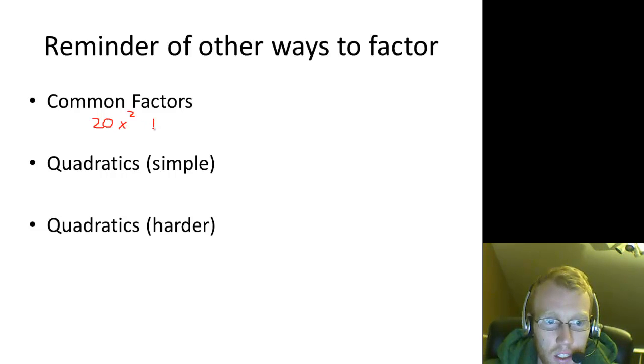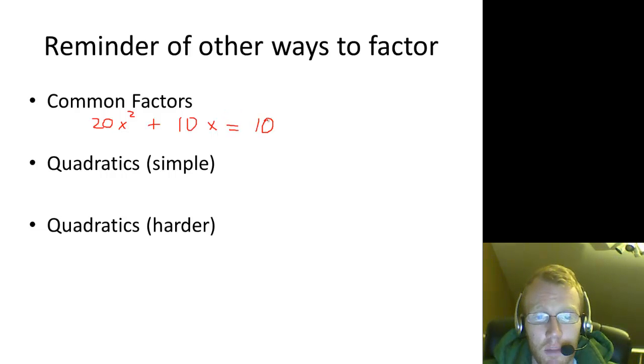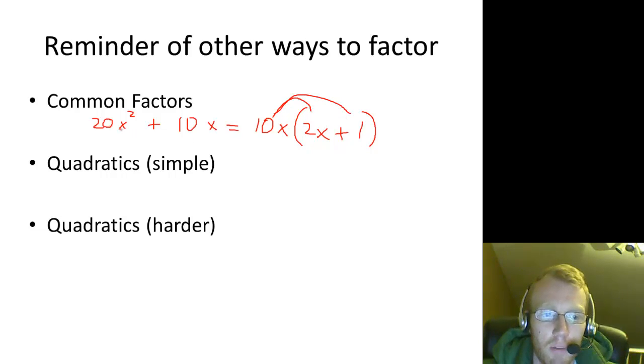Maybe you have 20x squared plus 10x. And you notice that they both have a 10 in common, largest numerical common factor, and they both have at least x to the first power, variable common factor. And if you factor out or divide each term by 10x, in the first term you're left with 2x and plus, in the second term you're left with 1. So this is essentially the reverse of distribution. If you were to distribute this back in, after you factored it, you'll come back to what you started with